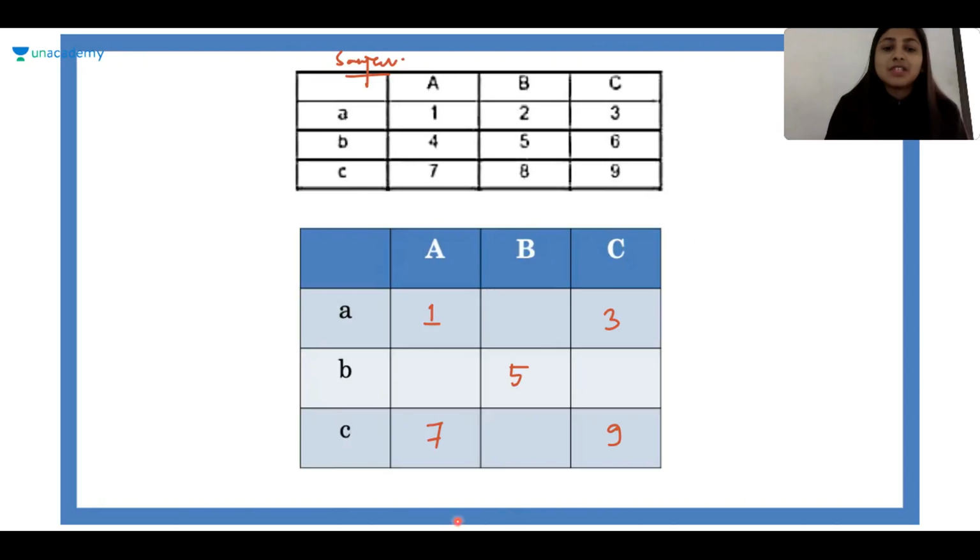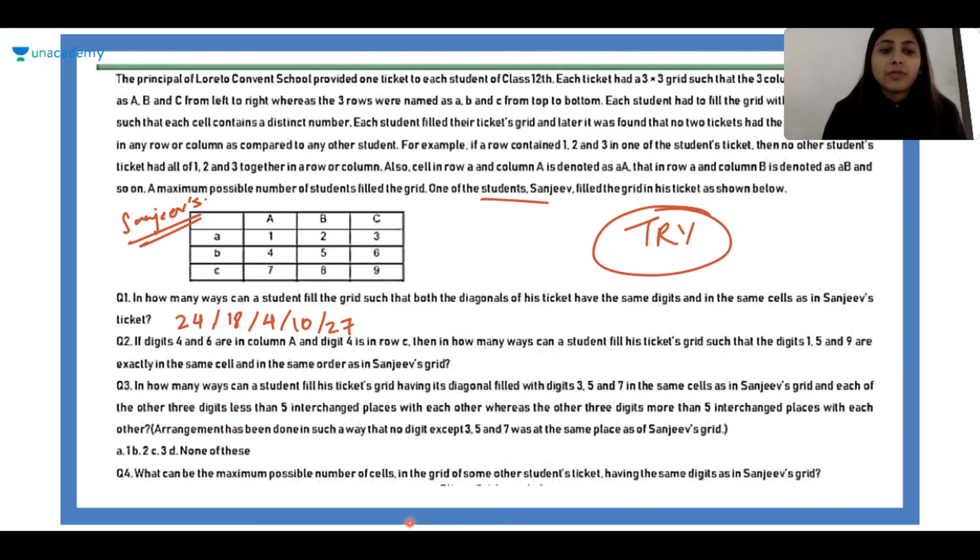Like 1 and 7 is already here, right? So you can't put 4 here whatsoever. You can't put 8 here if 2 is here. You can't put 6 here if 4 is there, like that. So many conditions are there. So check each case. I think it will be a small number, like 24, 28, 27 are like too large values. I don't think you're doing it right.